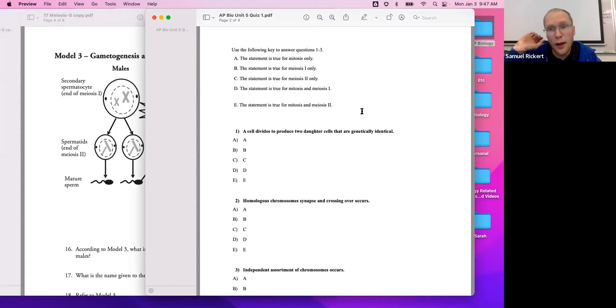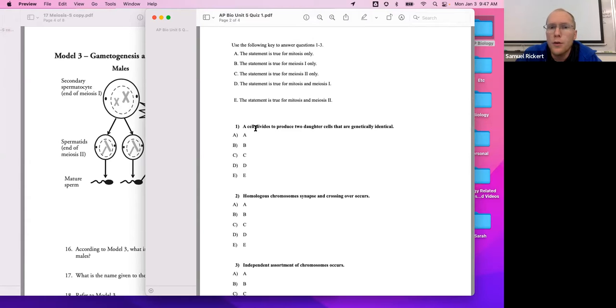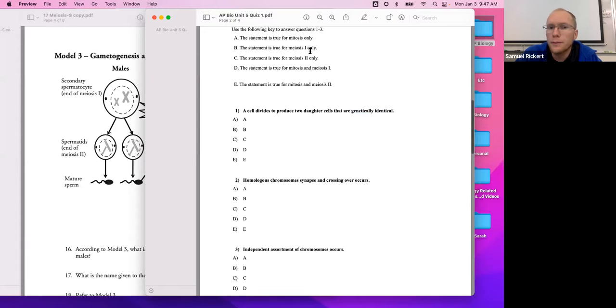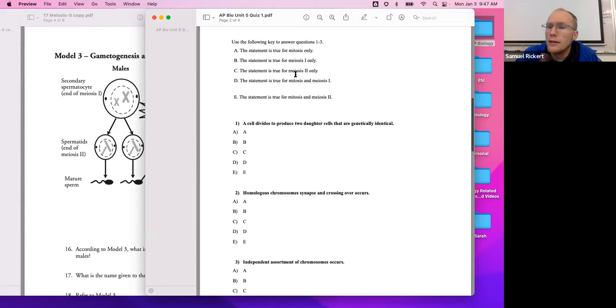So at each point, after each of these questions, you can pause the video and try them for yourself. So question 1, where does this occur? A cell divides to produce 2 daughter cells that are genetically identical. Keyword is genetically identical. Hopefully you said A, this is true for mitosis only. Meiosis does not create genetically identical